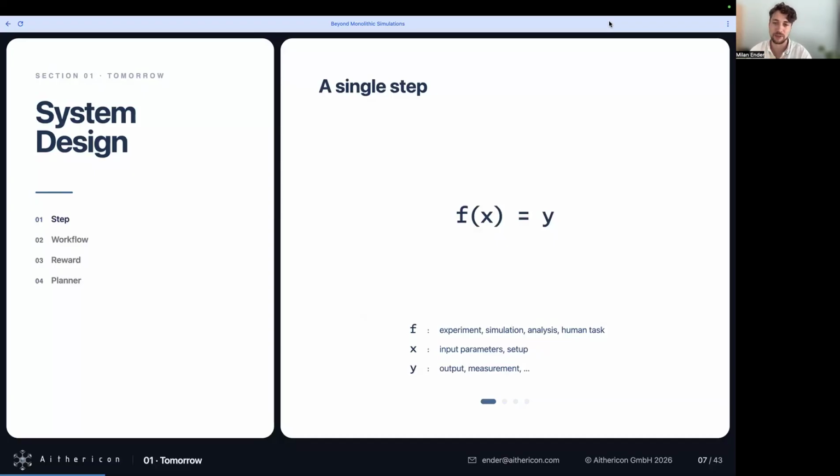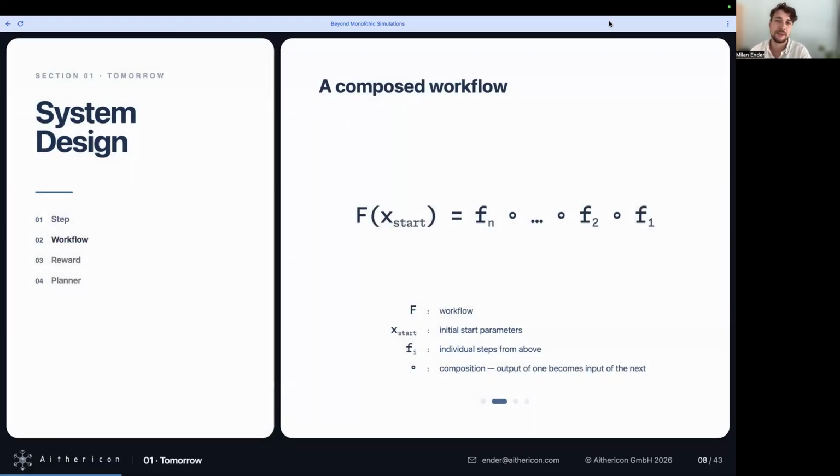And then we have, of course, some output, some measurement results, some simulation data that comes out of it, or maybe even a manufactured part.